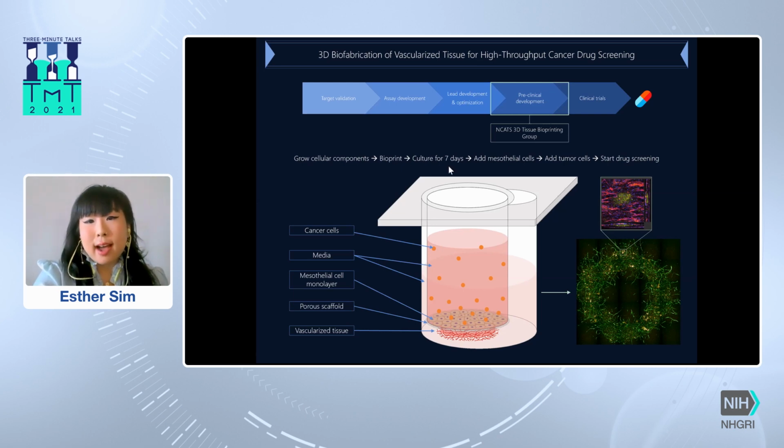After this, we can then add a mesothelial or epithelial cell layer to replicate the barrier function that we see in vivo tissue. And then 7 days after this, we can then add tumor cells to our tissue and track tumor aggregate formation, as well as tumor migration patterns within our vascularized tissue. And lastly, then we can start drug screening to identify drug compounds that are most effective at reducing tumor size